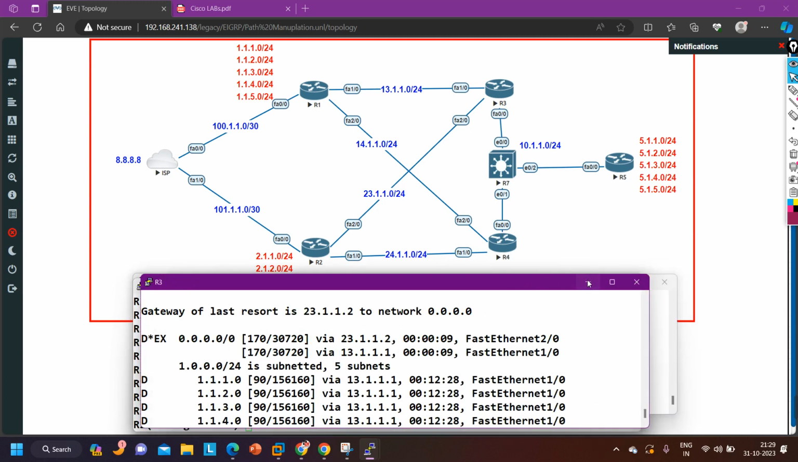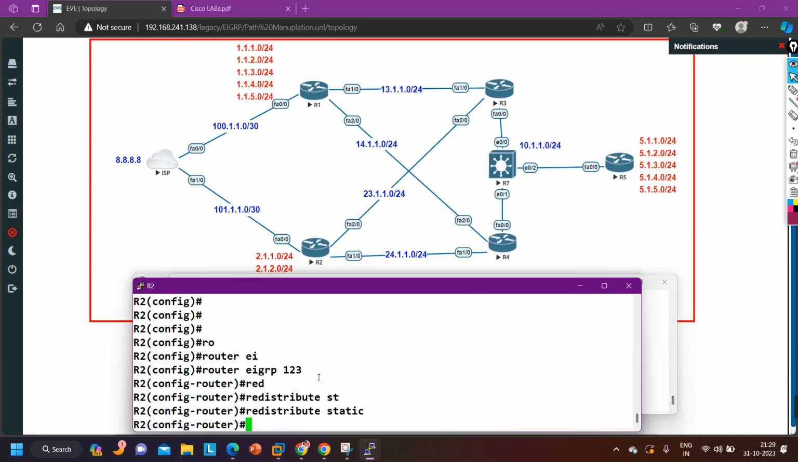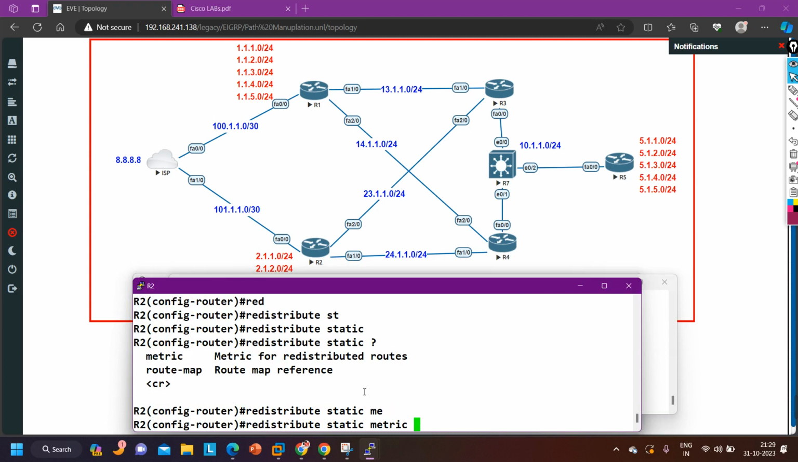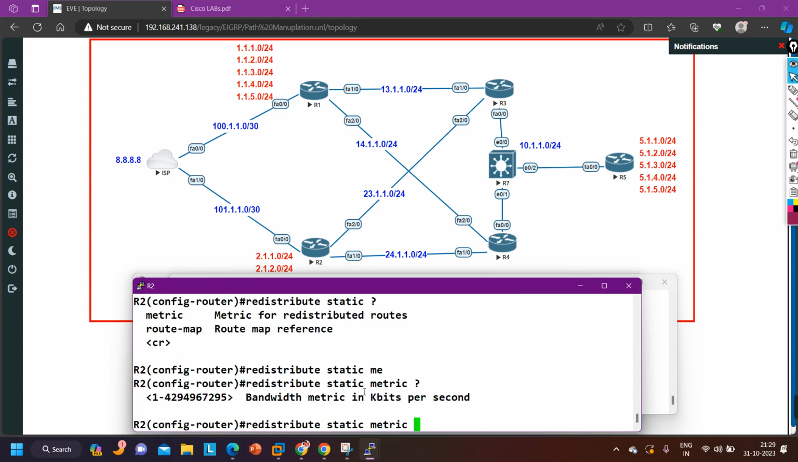See, while redistributing, while we are running this command redistribute static, here we can define the metric. We can define the metric like K values. So how can we configure K values so that router 2 advertises the default route as secondary, and router 1 advertises the default route as primary? Let's say I am not defining any metric, then all routers are performing load balancing, and this time